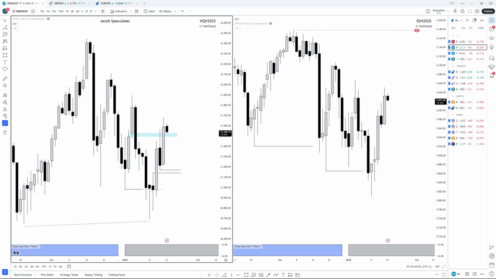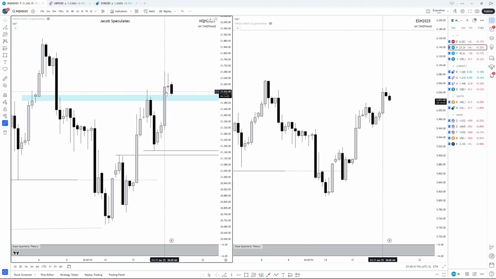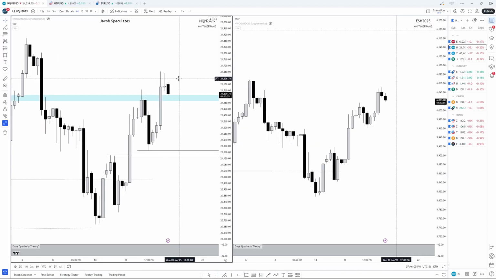On indices, there was a 6-hour PSP that started the move up on Monday. There's also a 6-hour PSP that formed on the Friday close. How to read and understand this now? With 6-hour, well, really any TPD, whenever it comes near the closing of either the day or the week or the session, it's generally lower probability.